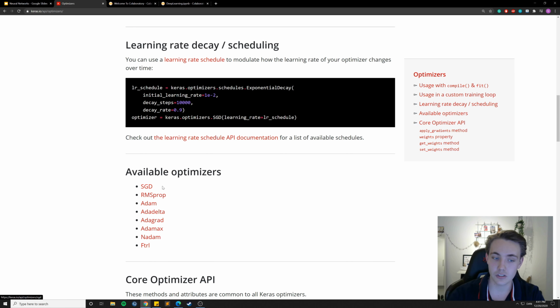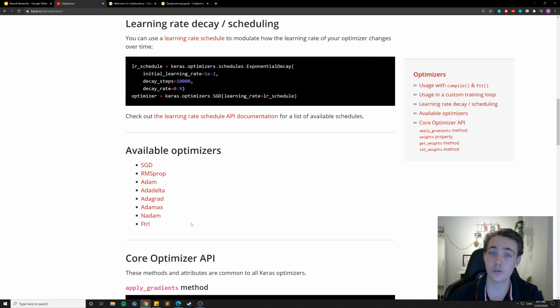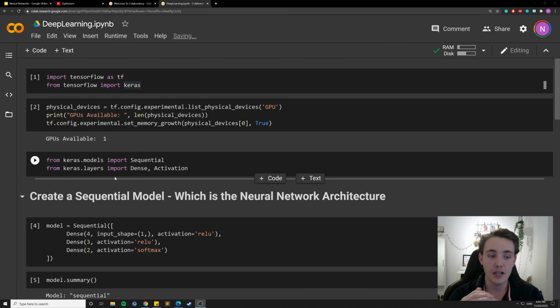And we can see that we have stochastic gradient descent, RMSprop, Adam and Adagrad that we already talked about in the slides. And I'm going to do a comparison of all these different optimizers and loss functions that I've just showed you, so you know what loss function and what optimizer you should use for a specific application. So now we're into the code here, and the first blocks of code we already implemented in one of the previous videos,